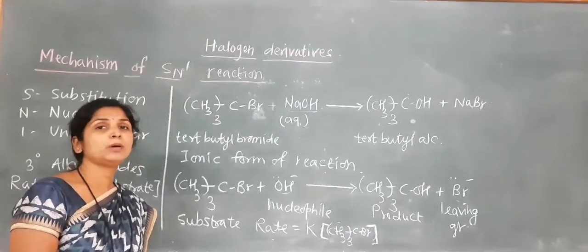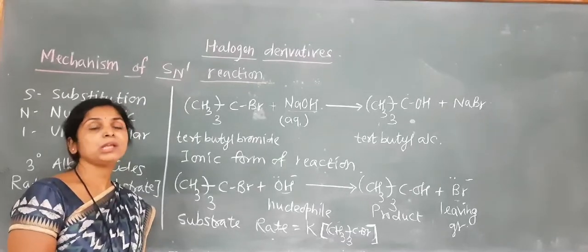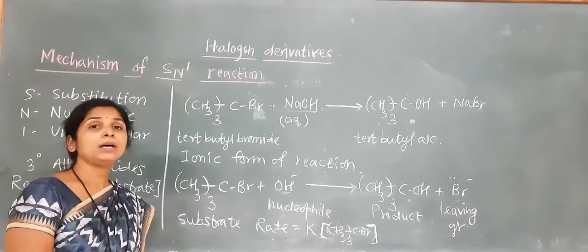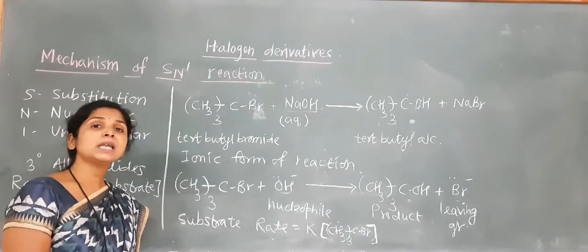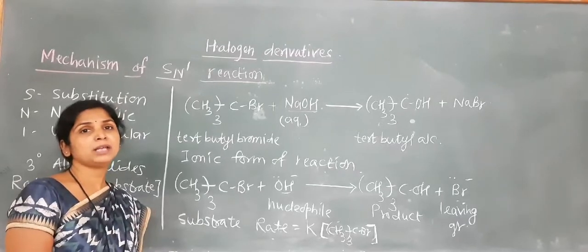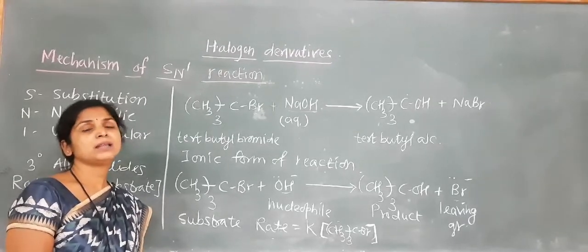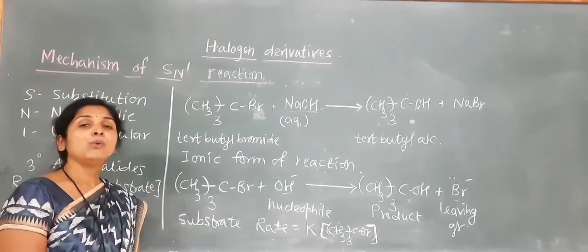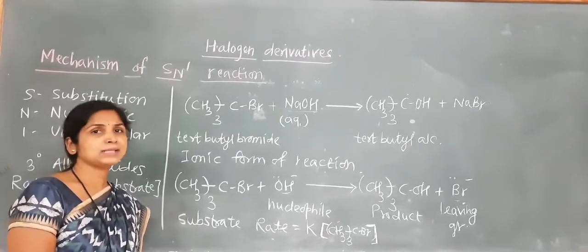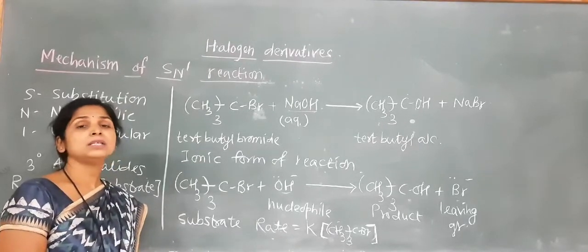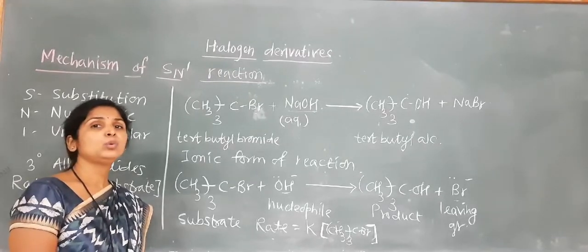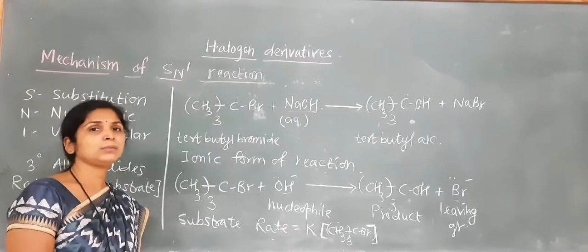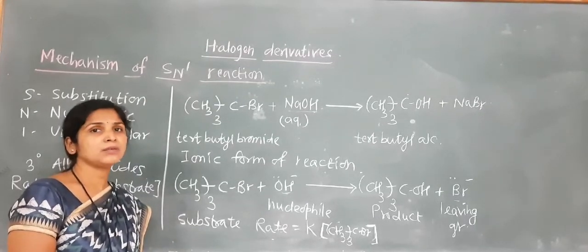If we are going to talk about the number of steps in case of the SN1 reaction, we may say that it is a two-step process, where in the first step formation of carbonium ion takes place, and in the second step the attack of the nucleophile takes place and the product has been formed. Both the steps are passing through transition states. So this is a two-step process passing through two different transition states. So two steps, two transition states, that will be the characteristic of the SN1 reaction.